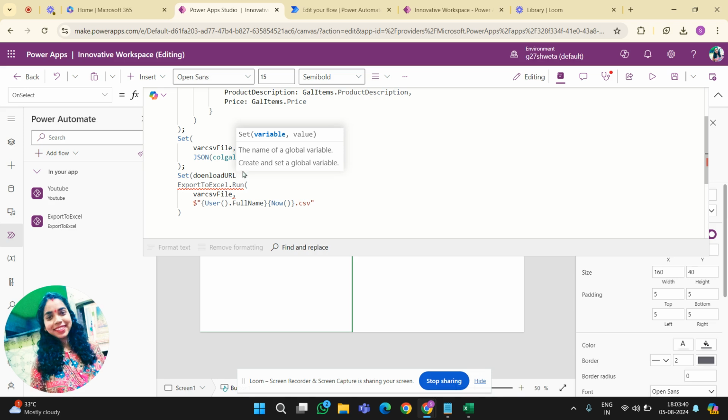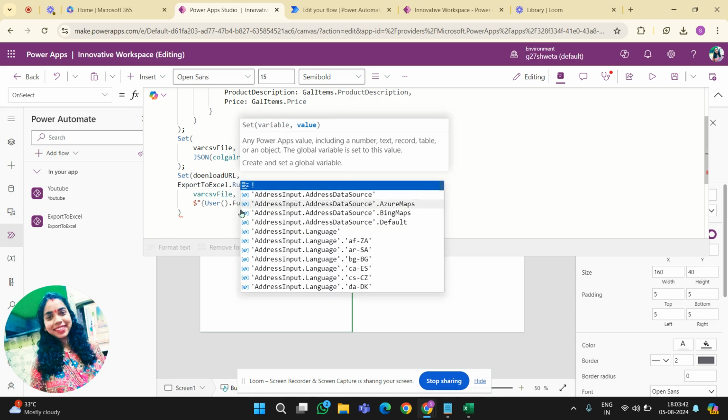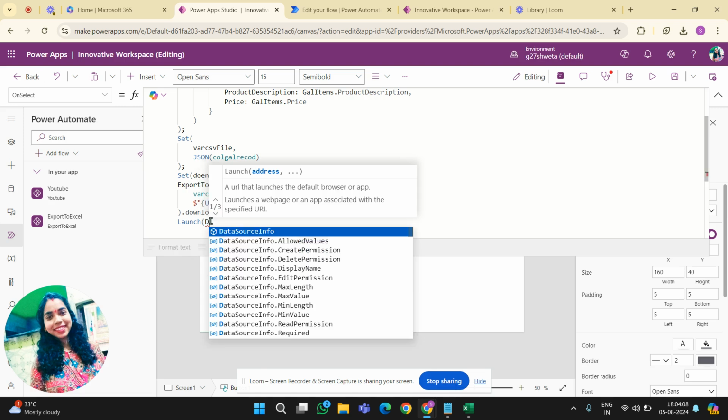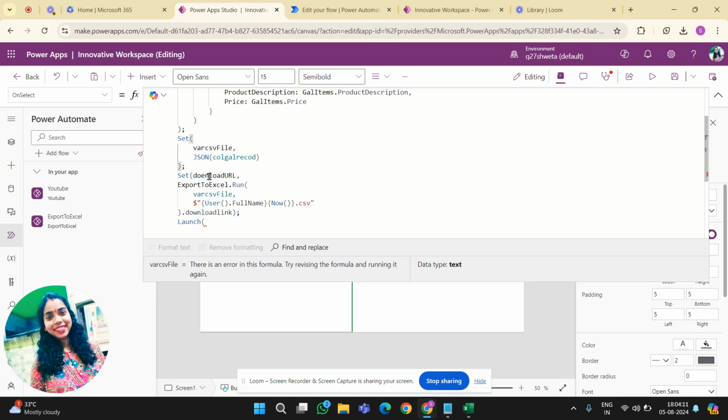I am creating one variable where I am storing the output of ExportToExcel.downloadlink. Now I am going to use the Launch function. Under Launch, we will pass this variable name, that is download URL. Control C, Control V, download URL.